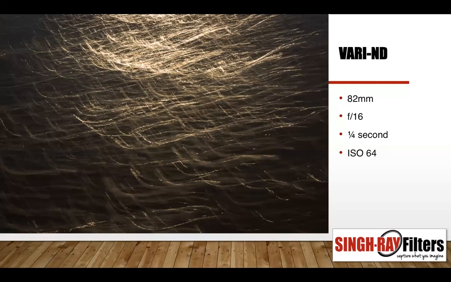And here I'm just having fun with abstracts. You'll notice it's at f16, ISO 64. I needed it to be only at 1/4 of a second, but when the light is extremely bright, you'll be surprised that even if you go to f16 on your base ISO, you're not going to be able to get a slower shutter speed. So I just popped the variable ND on again at the minimum setting, two stops. And if you're wondering what this is, it is water. Those are foam bubbles, and the highlights are rendering as streaks because I'm moving the camera. Just some fun stuff that you can do as well.